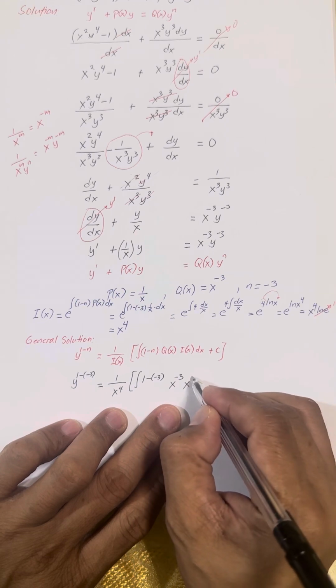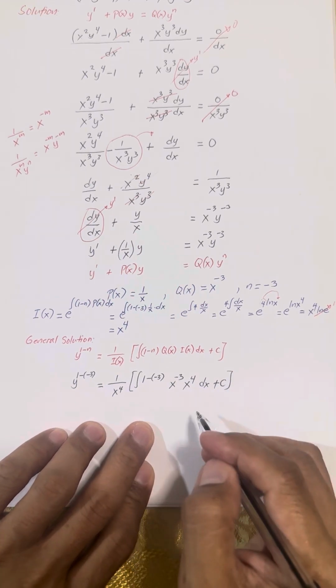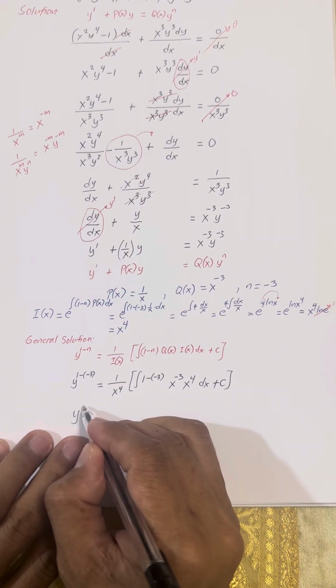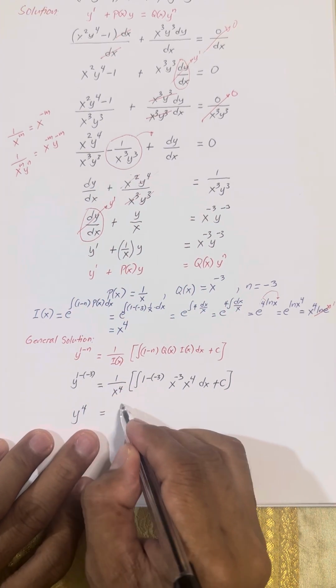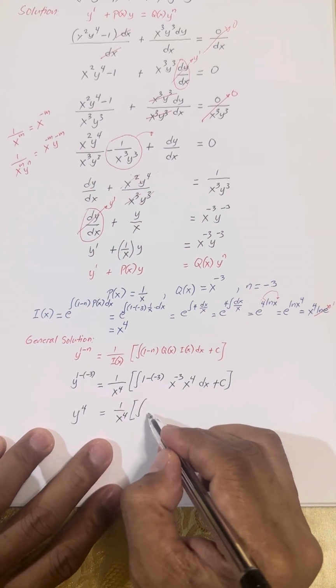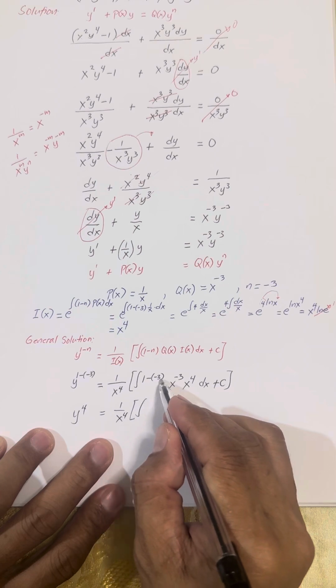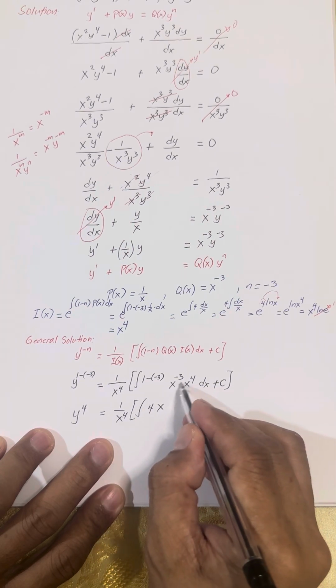So times x to the power 4 times dx, then plus c. Or y to the power 1 minus 3 equal to 1 over x to the power 4 times the integral of 1 minus 3 is equal to minus 2, times